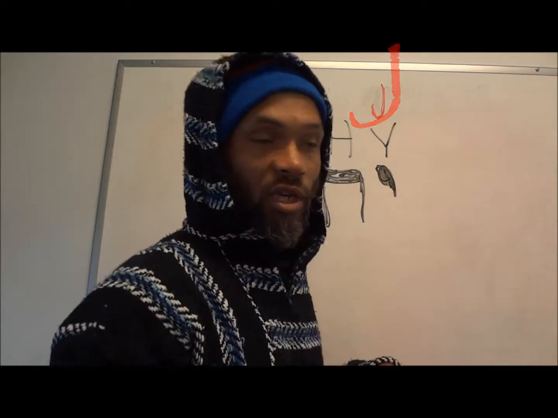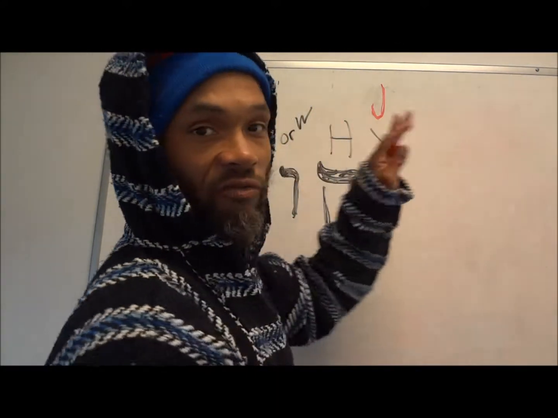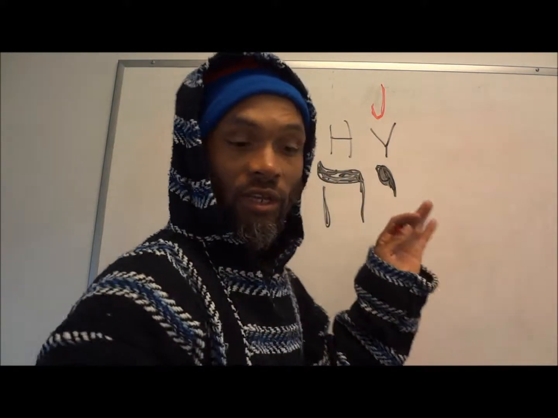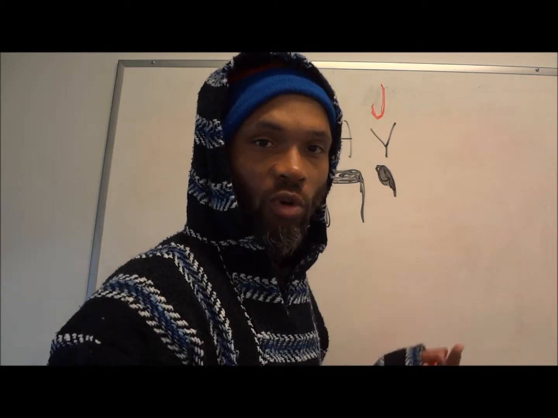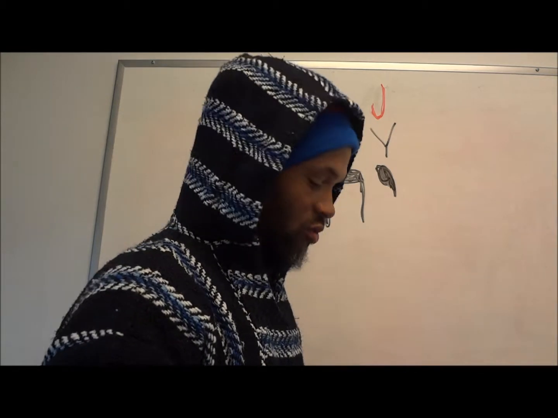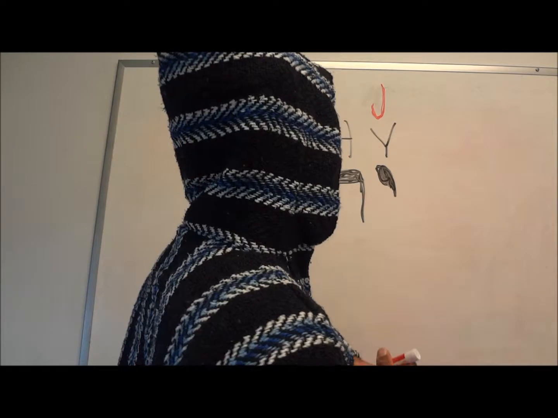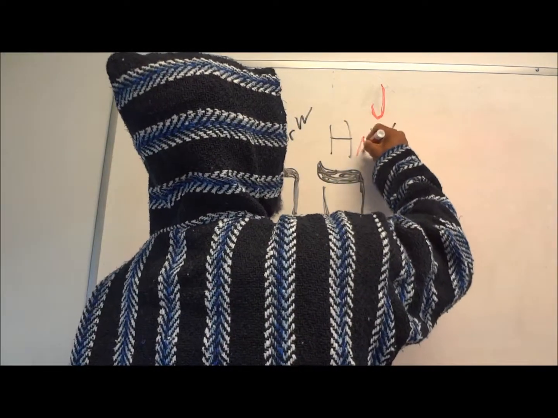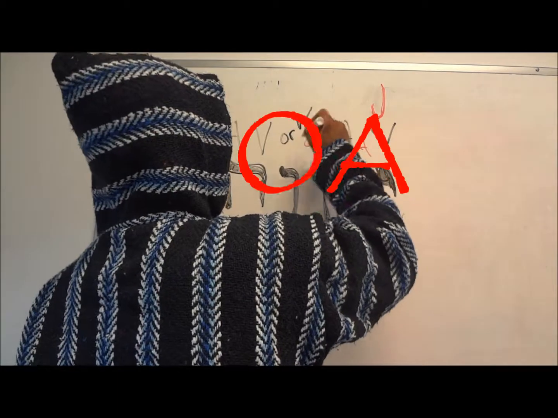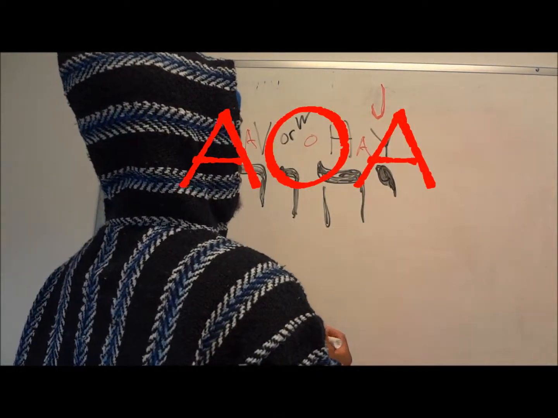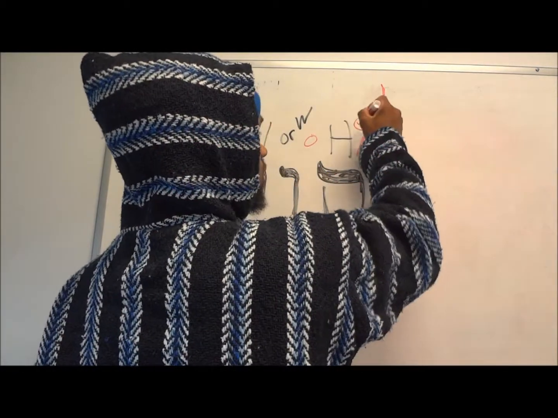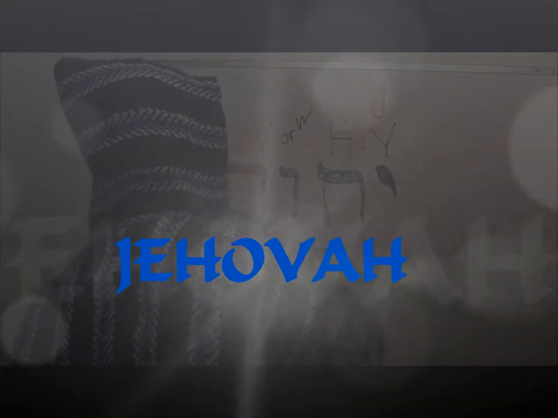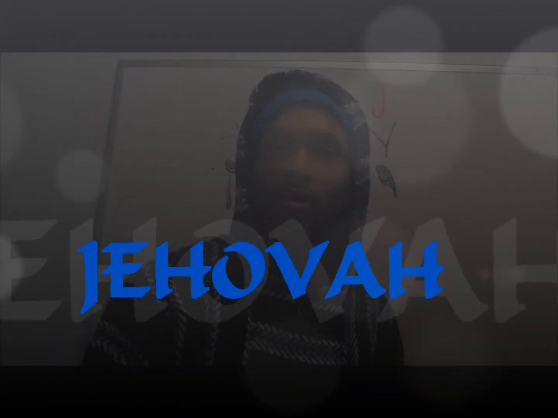Okay? And because it was consonants, they had to put vowels inside of them in order to make it a word in the English. So that's where you get the A, the O, and the other A is a Jehovah, or J, or some people use the E, the Jehovah. And that's where the name came from. And that's how they came about